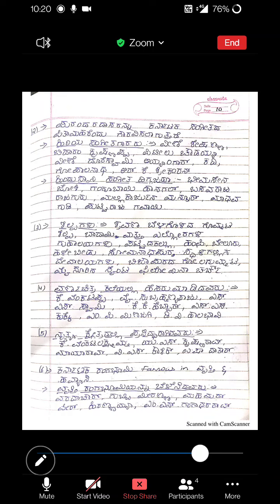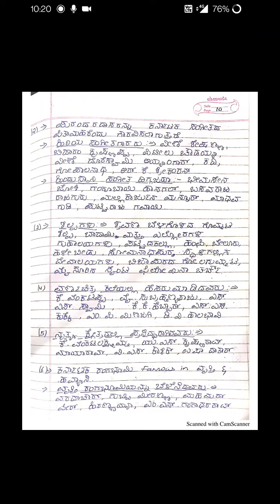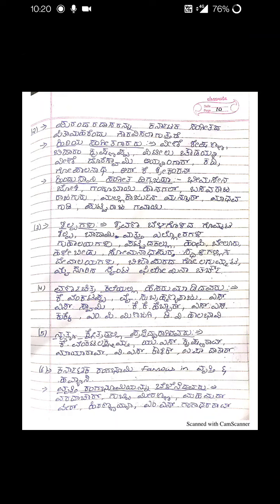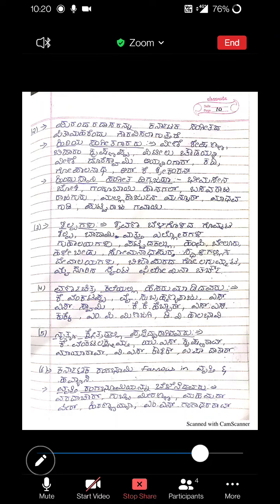ನೃತ್ಯ ಕ್ಷೇತ್ರದಲ್ಲಿ ಪ್ರಸಿದ್ಧರಾಗಿರುವರು. Famous dancers from Karnataka: K. Venkatalakshmana, U.S. Krishnarao, etc. Karnataka Rangbhumi is famous in Vritya and Havyasi. So there are two major types, Vritya and Havyasi, that are present in Karnataka.